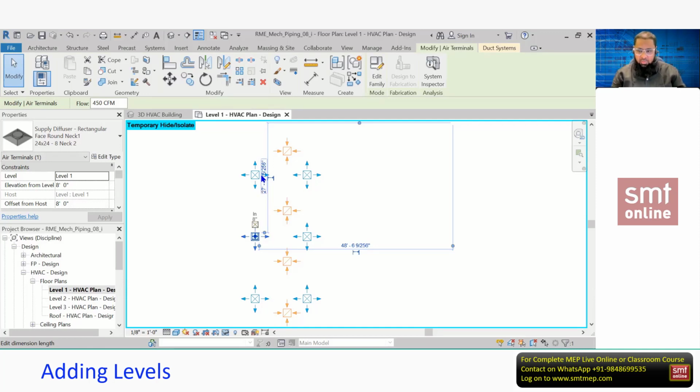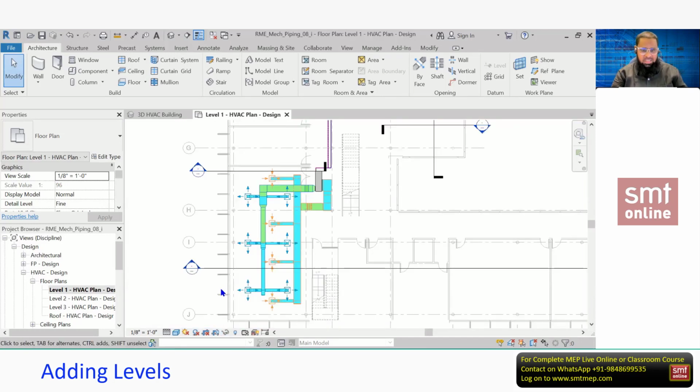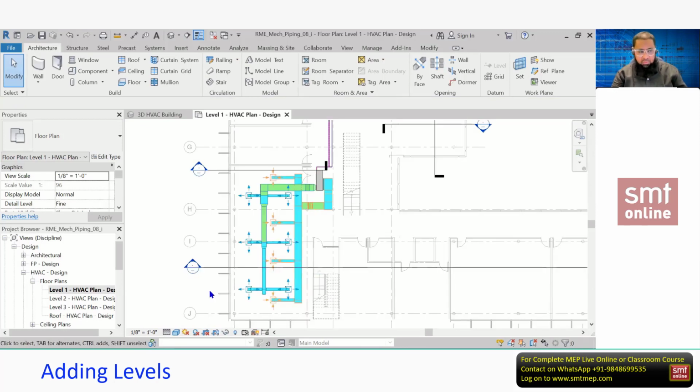But from the category point of view, all air terminals come under one category. All ducts come under one category. So you know what is category; yesterday we discussed. That's the reason only the diffuser is visible, everything else is hidden. So this is the option for isolate. And again, if you want to reset after editing, then you can click reset. This is a temporary option. All these options can be used at the time of a project, and even at the time of drafting or material takeoff, this option can be useful.